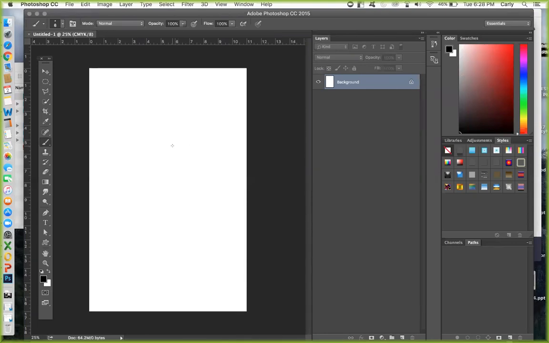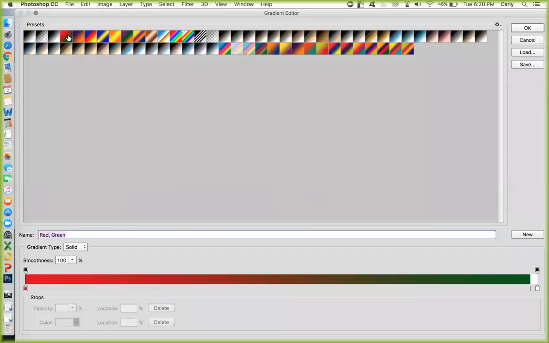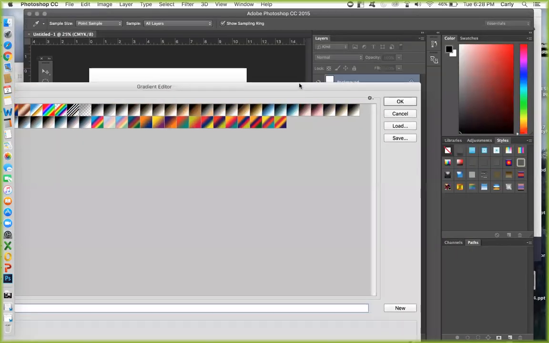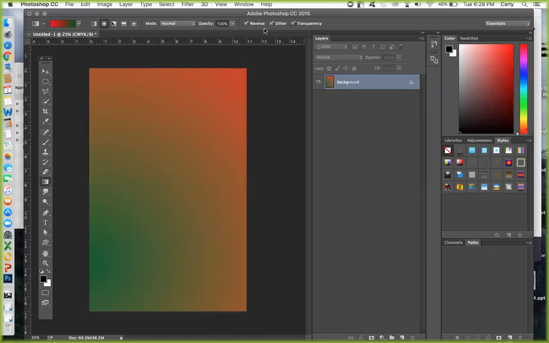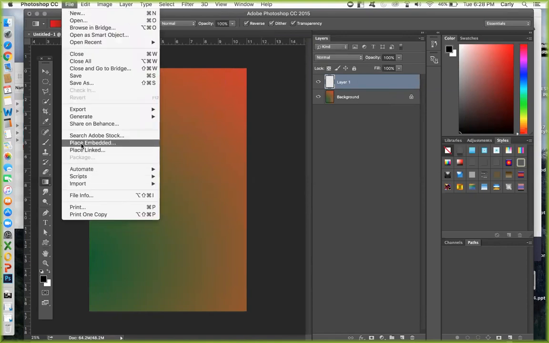Alrighty, so I'm going to show you first how not to make your poster, and then I'll show you how to make your poster good, okay? Now, this is something that I see students do from time to time. They'll be like, okay, so I have a blank canvas, I'll get out my gradient, and I'll get an interesting, pretty gradient, and I'll put that in for the background, and then now I have to put in my 3 pictures. So I'm going to go to File, Place Embedded,